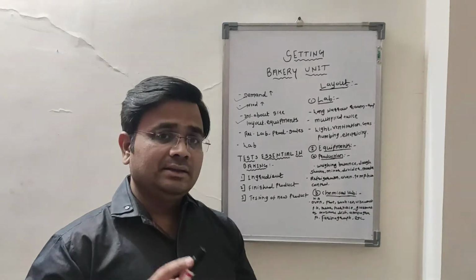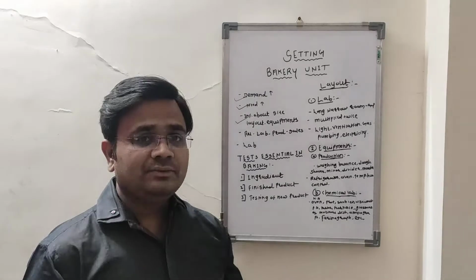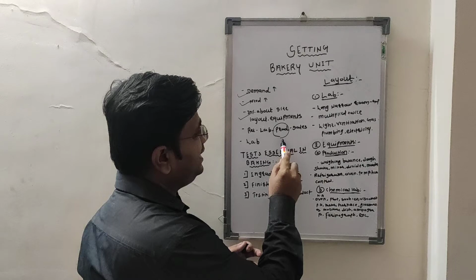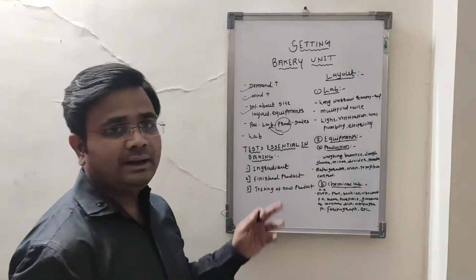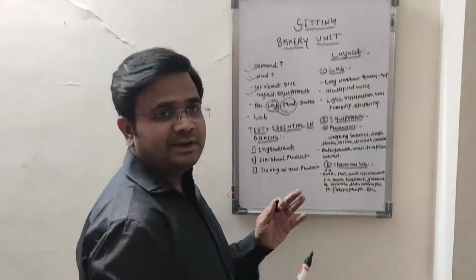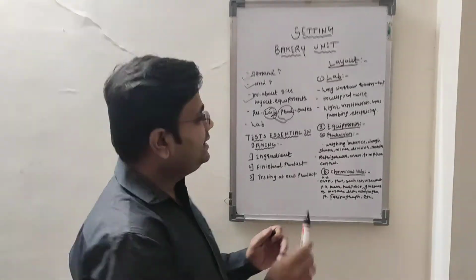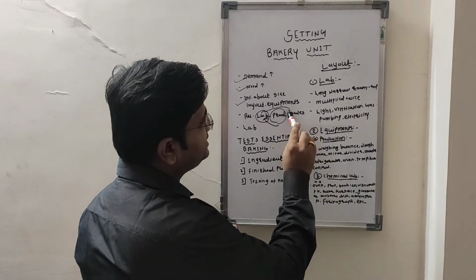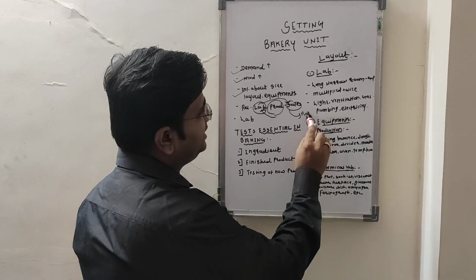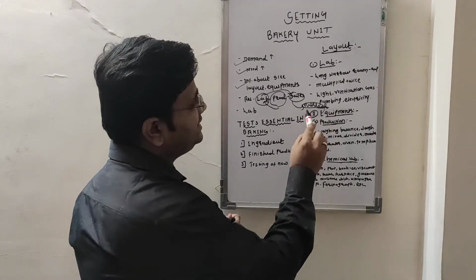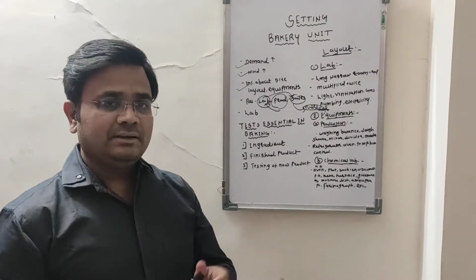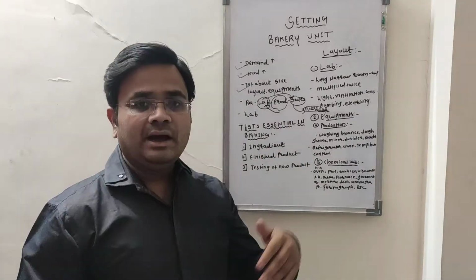After production, the product is sent to the lab, and after the assurance from the lab that the product is okay, it is sent to sales. According to the order, it is sent to the market. This is how the food industry works. This process is carried out after a certain time.